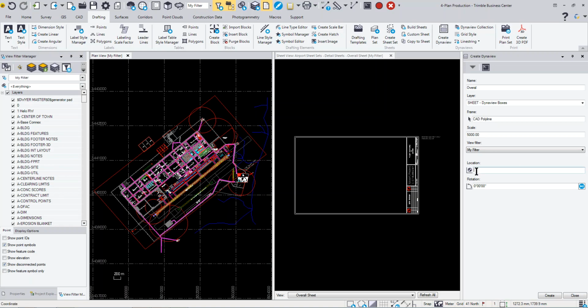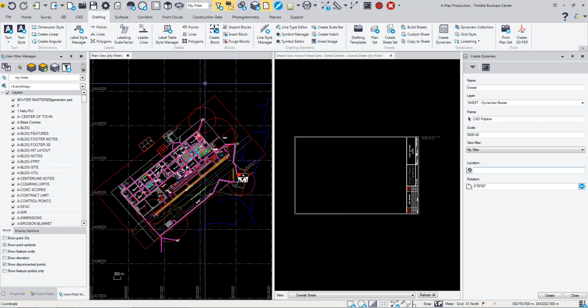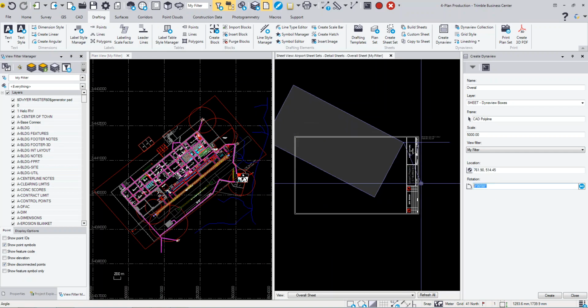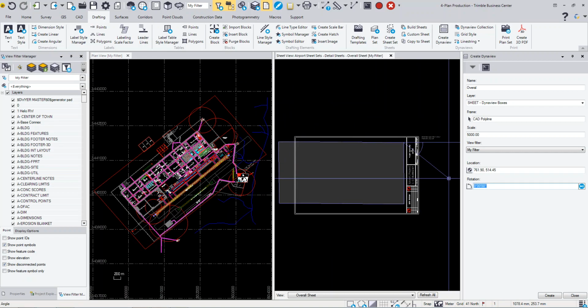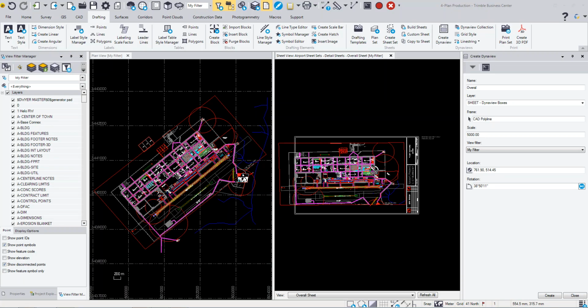I'm going to pick a location, and you can see that it's asking me for a corner, and I'm just going to drop it into this corner here, and then it's going to ask for a rotation angle. So I can come down here and set my rotation angle into this location, and that will calculate that rotation angle. And so you'll see here that it places the Dynaview. Now when I click create, it's going to leave that Dynaview there. I can create another one,